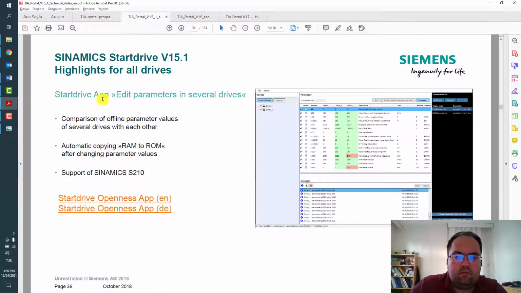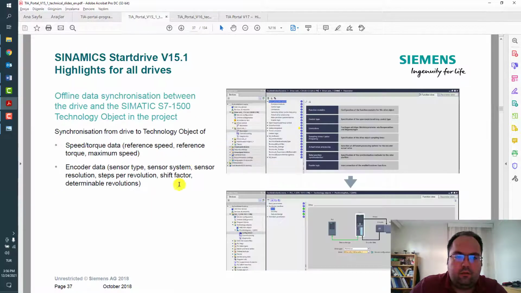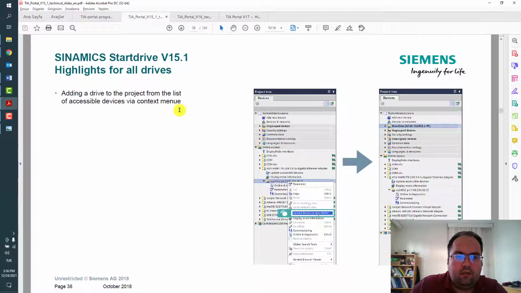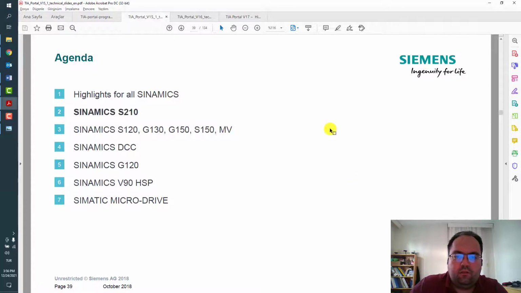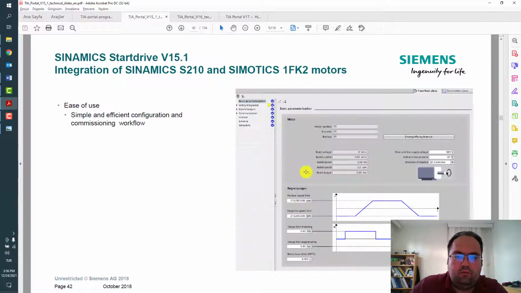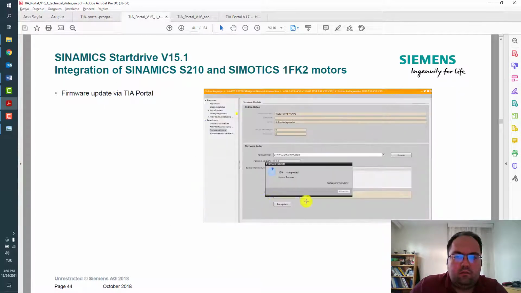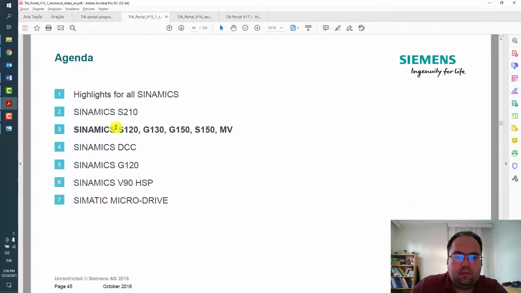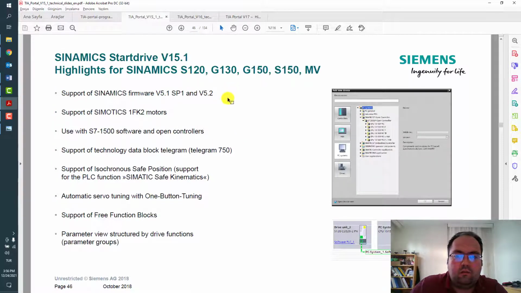There's a Startdrive application to edit parameters in drives. There are some wizard pages for commissioning you can do by TIA Portal. Integration of this product family S120, G150 and so on.